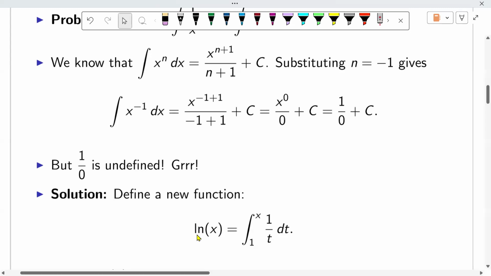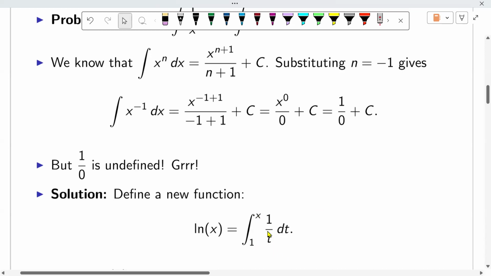So this is a function called the natural logarithm. You may have learned about logarithms in other classes. This will be related to those, but it's not obvious yet why. And what this function is, it's basically a function that says, okay, you've got a value of x, I don't know, maybe x is 3. All right, go ahead and do the integral from 1 to x, or in this example, 1 to 3 of 1 over t dt. You'll get a number, bam, that's the value. And so the natural logarithm of x is defined using this integral.